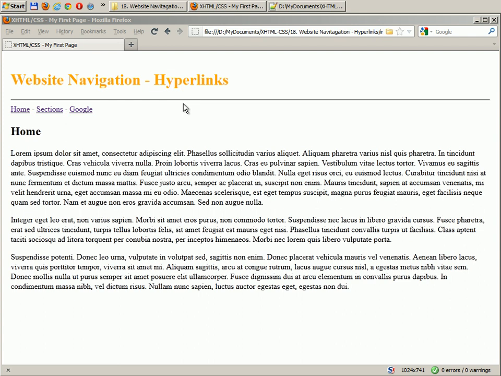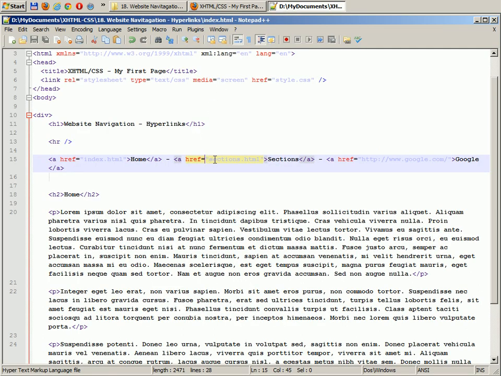Now the hyperlink has also two more attributes that we're going to learn about, and one of them would be title,